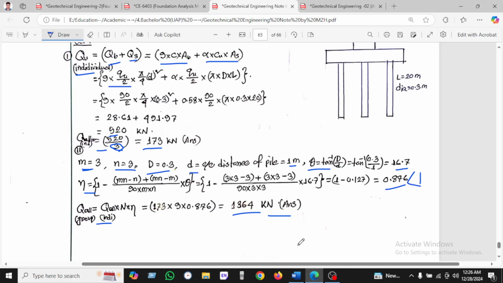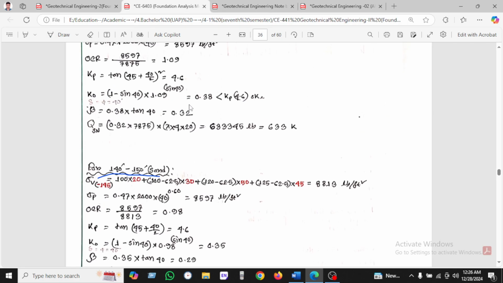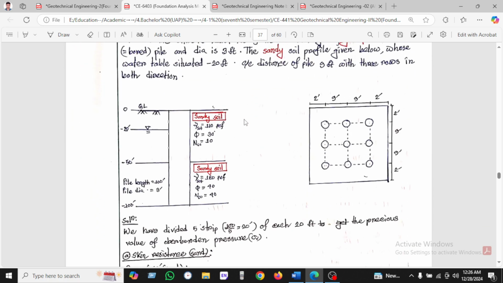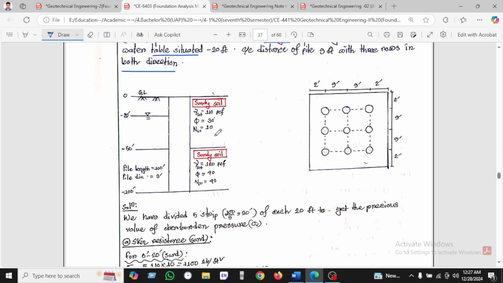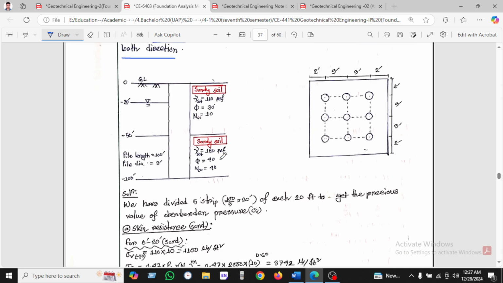Now we'll use the beta method. So we can use the beta method here. 37. Okay, so this is the group pile you can see here. We'll use the beta method. Calculate the ultimate resistance of the 12-pile group drilled shaft and bored pile. As the soil is sandy, the water table is given below at a distance, and the bore is given here. So you can see here